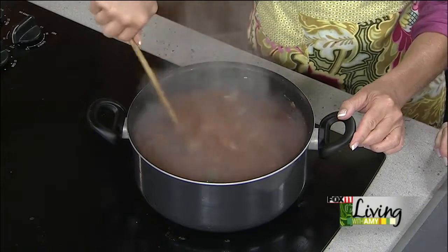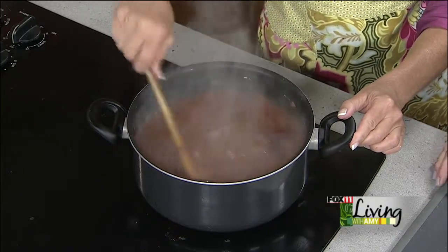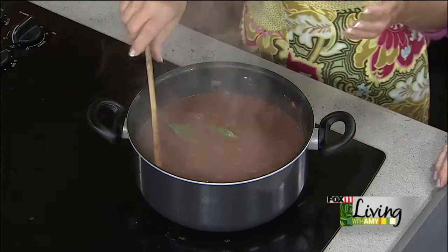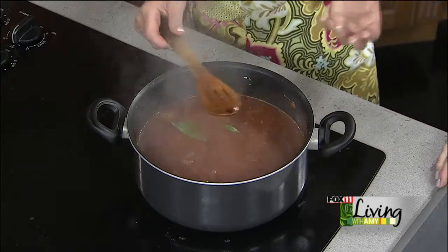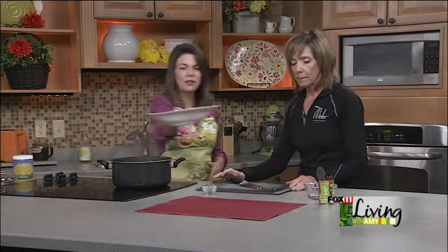And then let this cook low and slow at this point, for a couple hours, or dump it in your slow cooker. Exactly. Until the juice really thickens down and it's very, very thick and rich. Yeah, it does. And it gets wonderful, because the flour on the meat will make a nice gravy. So here it is, all plated with some homemade spätzle, which we're going to show you how to make